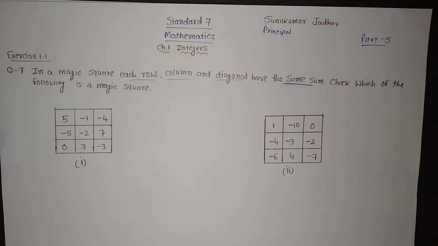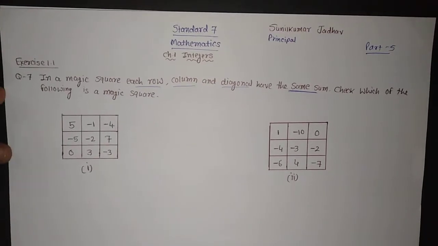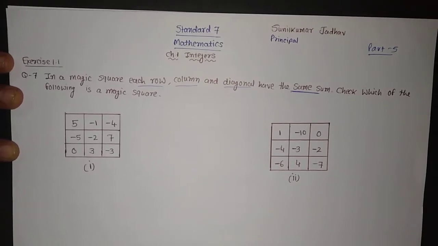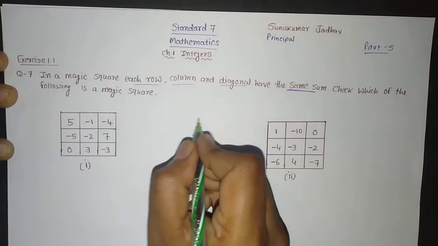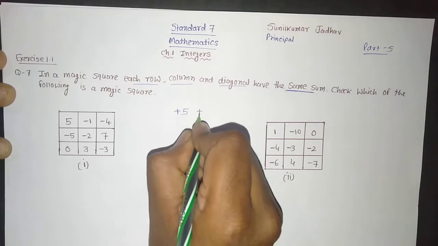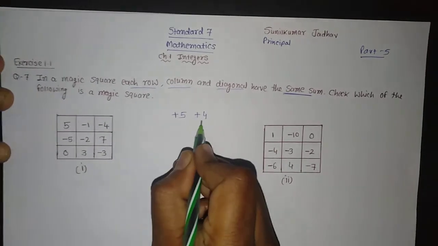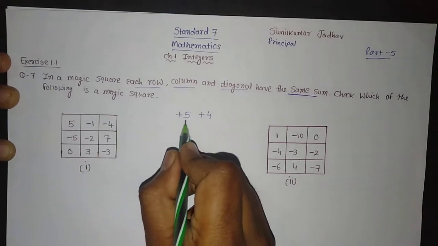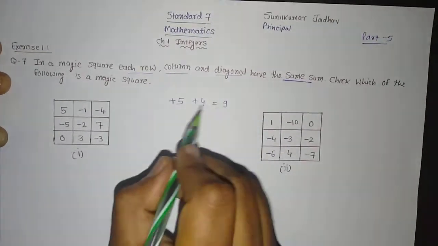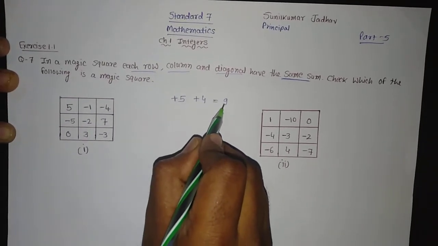Before understanding that, let me clear your concept of basic addition and subtraction. Understand it first, then only you can solve this very easily. Suppose two terms are there with the same sign. I will give you an example. One is plus 5 and another one is plus 4. 5 plus 4 is equal to 9. But we need to remember, when we have the same sign, we did the addition and we kept the same sign.